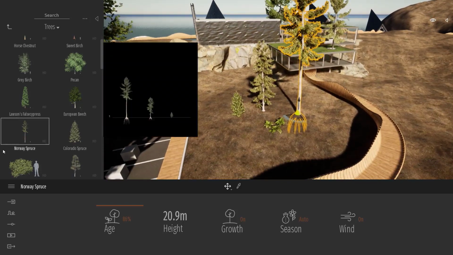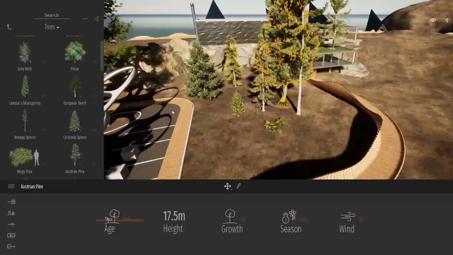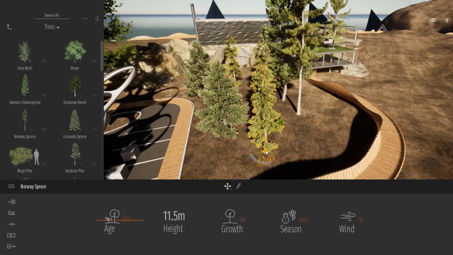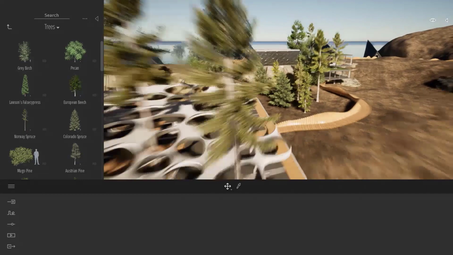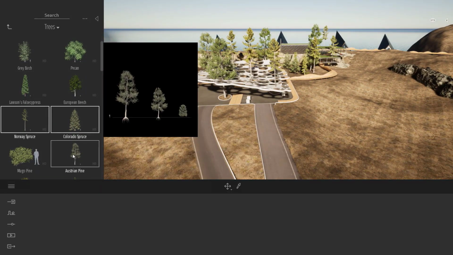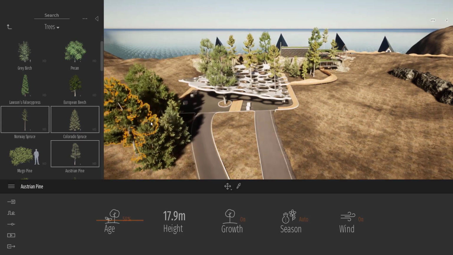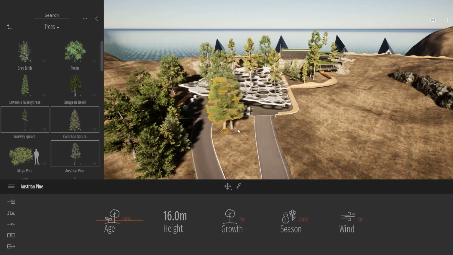So how do you add vegetation to Twinmotion? The first way is just basic drag and drop. It's time consuming, but it gets the job done. The second way is with the multi-drop. With the multi-drop, you select a tree, you hold the control key, you select multiple trees, and now each time I click in the viewport, I can add multiple objects pretty quickly.